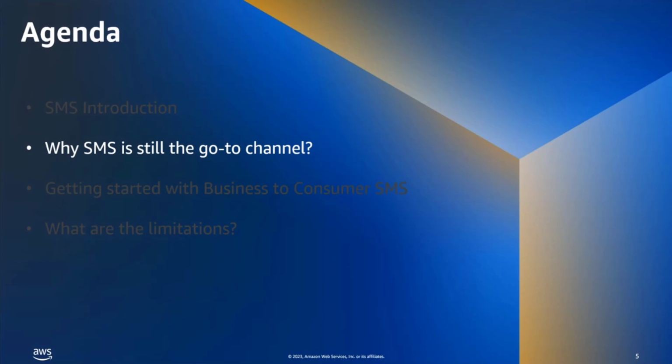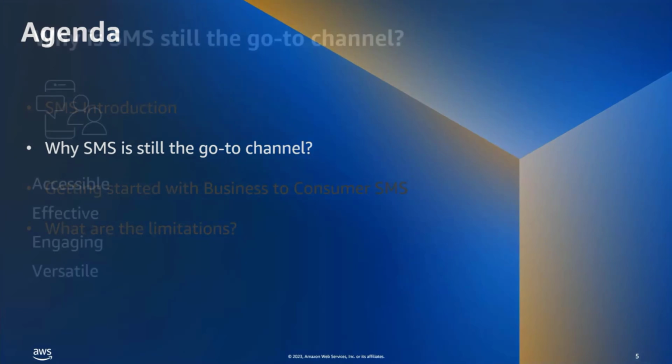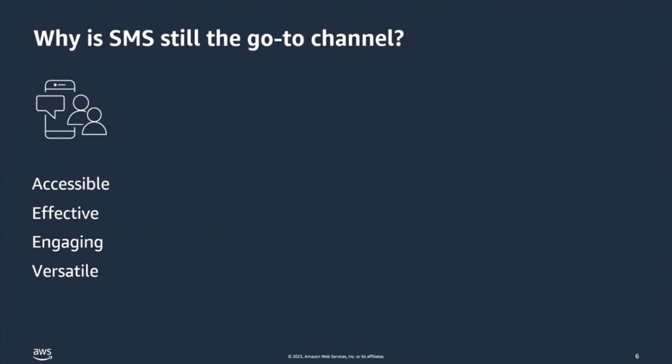So why is SMS still so often the go-to channel? Even though it's been around since the 90s, it's still running strong and the channel of choice for most of our customers. We'll look into a few characteristics of what make it so popular. The first one comes with accessibility. So every mobile device is capable of receiving SMS. Doesn't require Wi-Fi, data, doesn't even need to be a smartphone. And there actually are more mobile devices than people on the planet.